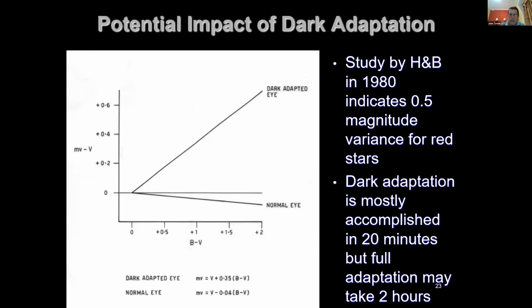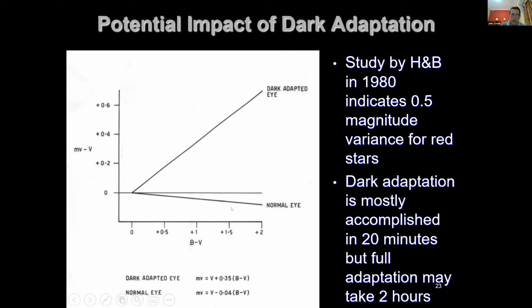And so the impact of dark adaptation is also important. If you go out and observe and start making estimates before your eyes are fully dark adapted, then you'll get a different estimate on a red star than what you would get later on once you are dark adapted. And that dark adaptation has a much greater effect on red stars, as per this diagram here.